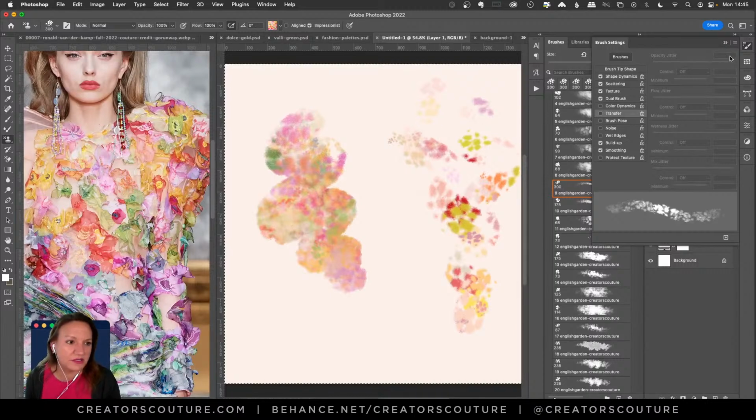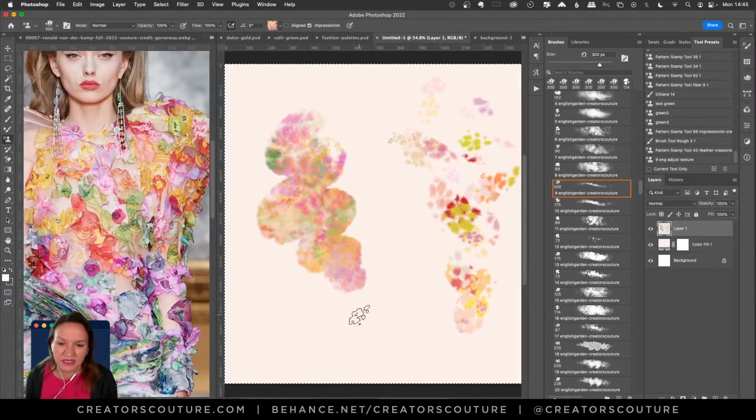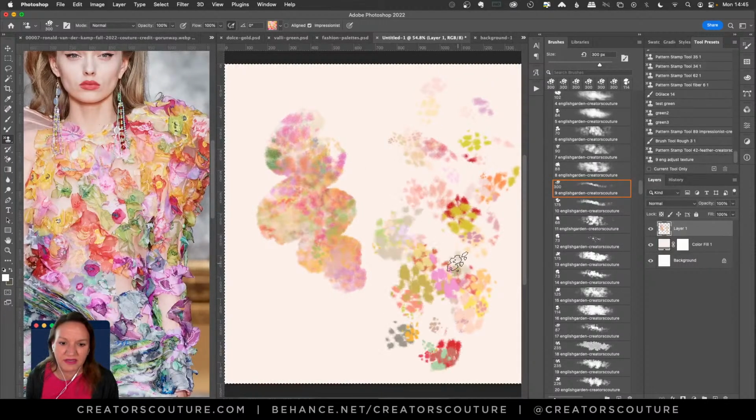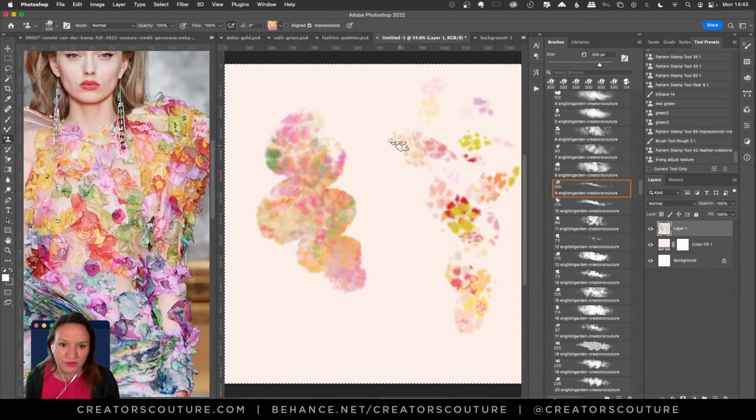Now, this is quite interesting. So now I've just taken that same brush, and if I do some brush strokes, I've got more spaced out stamps of this flower, but they're a little bit more intense. So what I could do, you know what, let me just